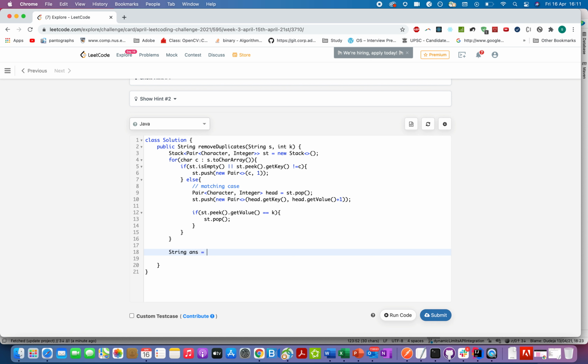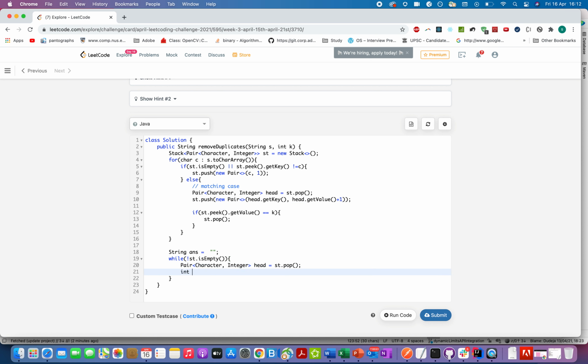So ans equals an empty string, and while the stack is not empty, I'm gonna pull out the topmost element of the stack, and I'll add to the string as many characters as the frequency of the topmost element.